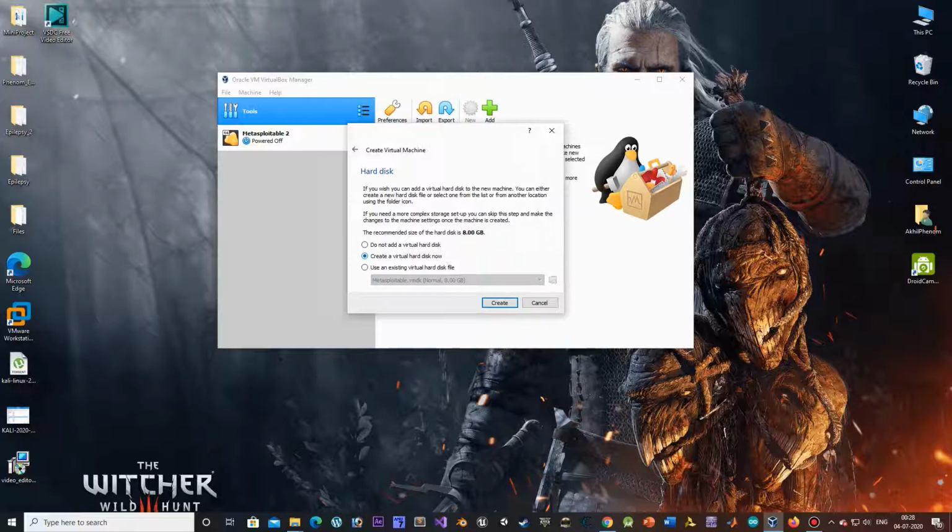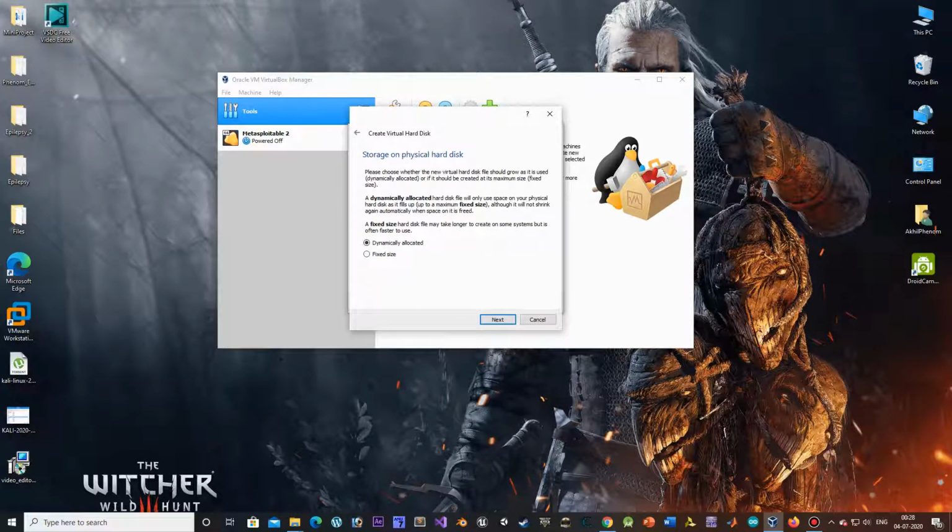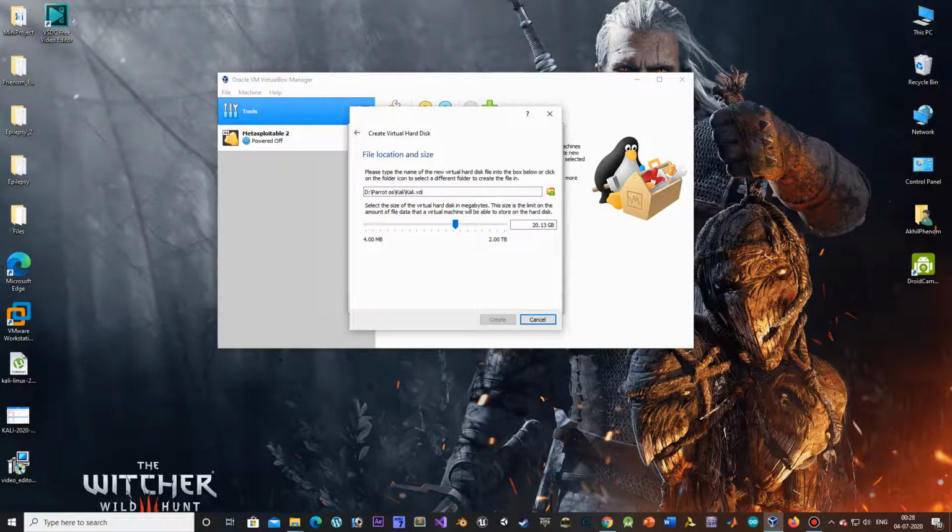I'm going to click on create a virtual hard disk now. Click on create and choose VDI and dynamically allocated, and you could choose the directory and the name of the file here and select a size of around 20 GB for it and click on create.